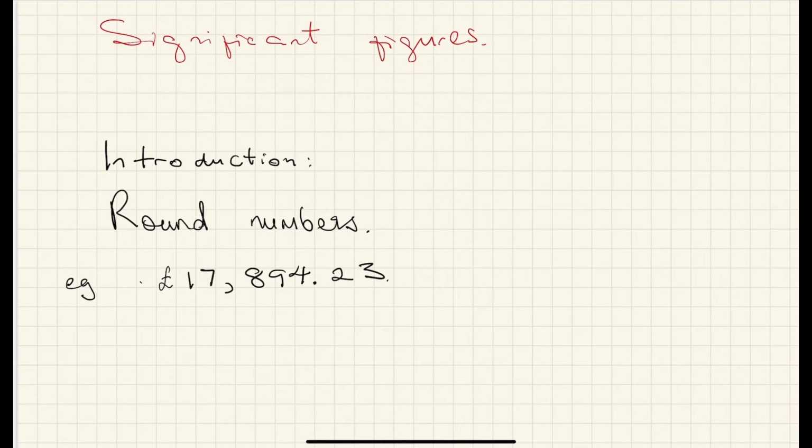So you'd probably tell me, okay, Ade, why can't you just give me a round number so I know I have an approximate value for your salary? So I say, then if I was a normal human being, I'd have said, okay, maybe my salary is 18,000. But me being the math nerd that I am, I'd ask you how many significant figures. So what I'm saying by that is